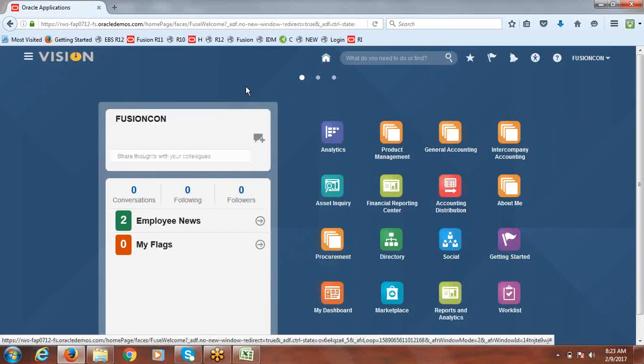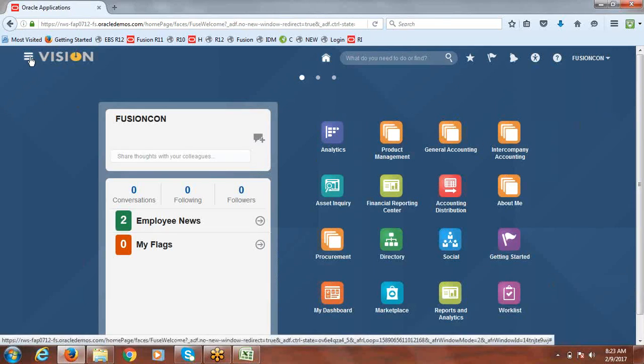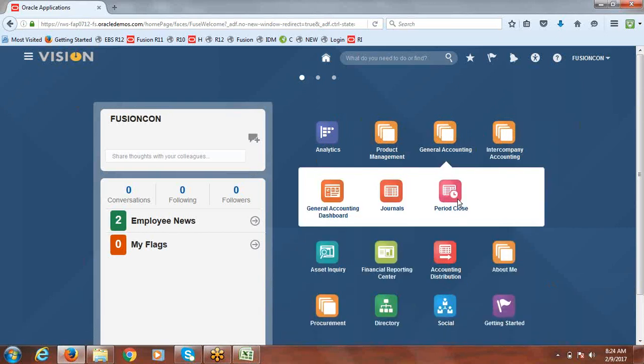So now here you can navigate from Springboard also. This we call Springboard, or else you can go to Navigator. Let's try from here. Click on General Accounting and go to Period Close Task.